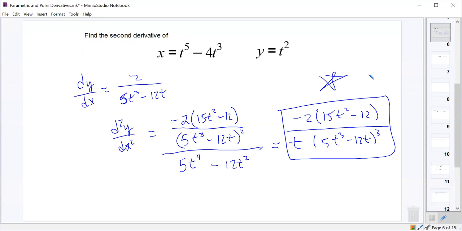And then, couldn't you factor out another t from the denominator? Oh, yeah, I looked at it wrong. The top is 15. Yeah, I could factor out a t from the denominator if I wanted to, as a t cubed. I could make this 5t squared minus 12 and then a t to the fourth out here, but that's not necessary. But if you want to, yeah, that's a parenthesis, not a 15. So